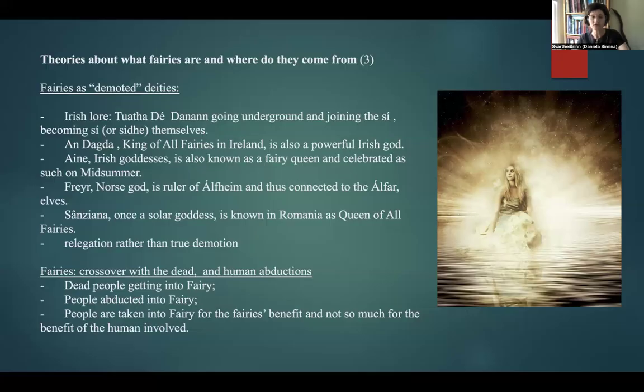dairy products. For example, going back to the top of the slide with the Dagda, King of all fairies in Ireland: when the Milesians took over Ireland, the Milesian kings started to treat with disrespect the old deities now turned fairies. And in response, because fairies and fairy beings have agency, some of them have agency over weather, some over the earth's fertility and productivity, they can influence people's luck, people's health. So they're not devoid of power.